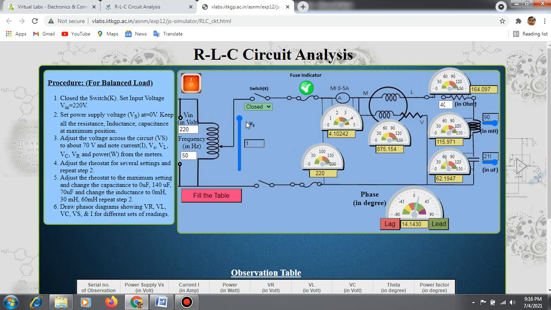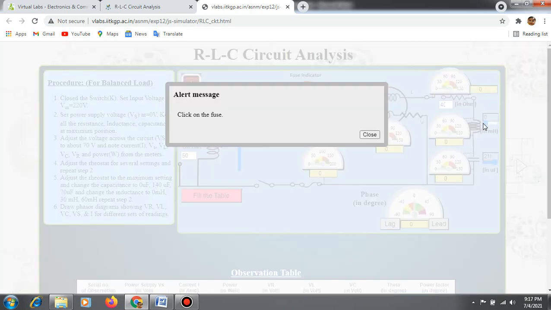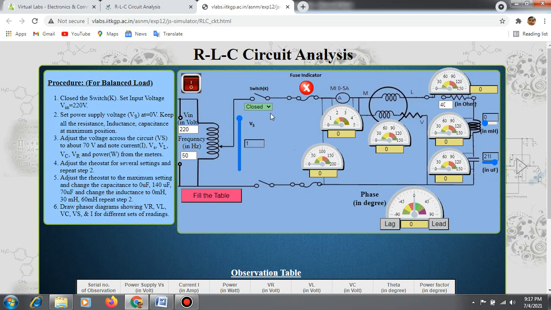Now I set the Vs value to 220 volt, and now we have to change the inductance to some value.